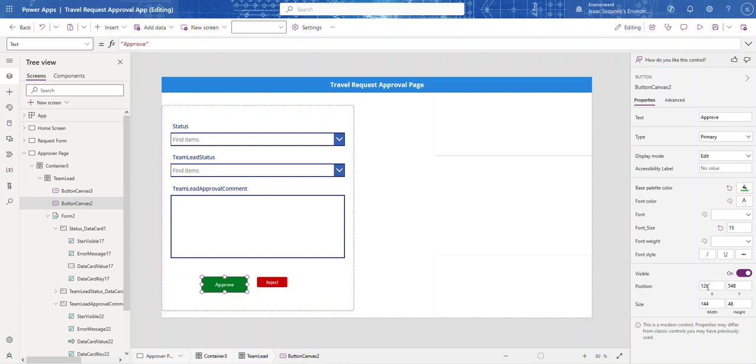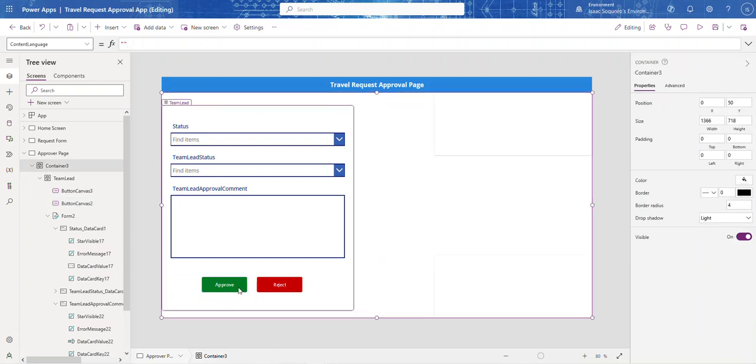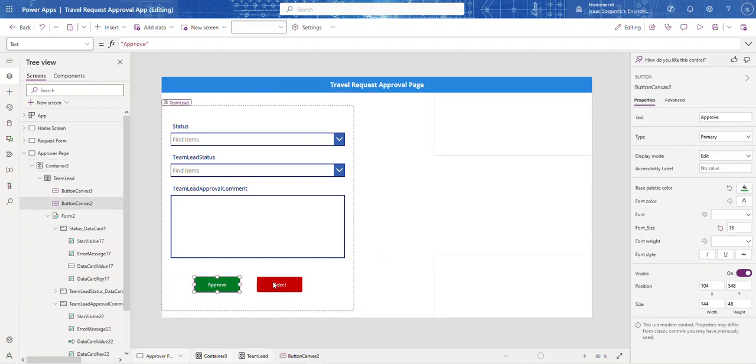So 144 and then 48. So come over here, 144, 48. So that way it's the same size. You want consistency. Oops, did I mess that up? 48, not 78, 48. There we have it, folks. Okay, so now let's move this here, move this here. Okay, so now what I want to happen is when approve is clicked,